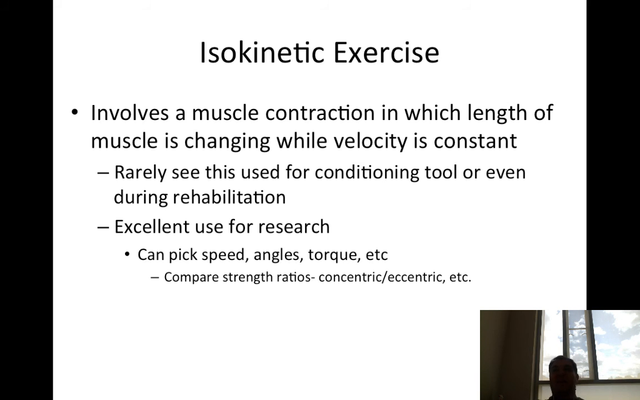So we did 60 degrees per second and 180 degrees per second. We looked at hamstring strength, concentrically and eccentrically, and then quadriceps strength eccentrically and concentrically. We compared ratios. We compared healthy leg versus injured leg. We compared joint angles. Okay, at 20 degrees, they had this much strength, and at 70 degrees, they had this much strength. So it is good for research. Clinically,